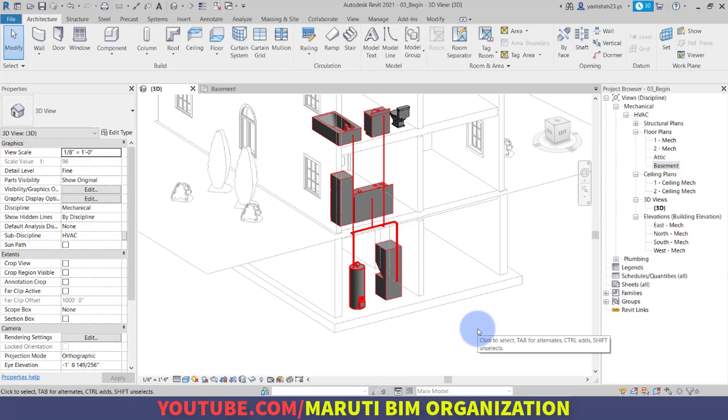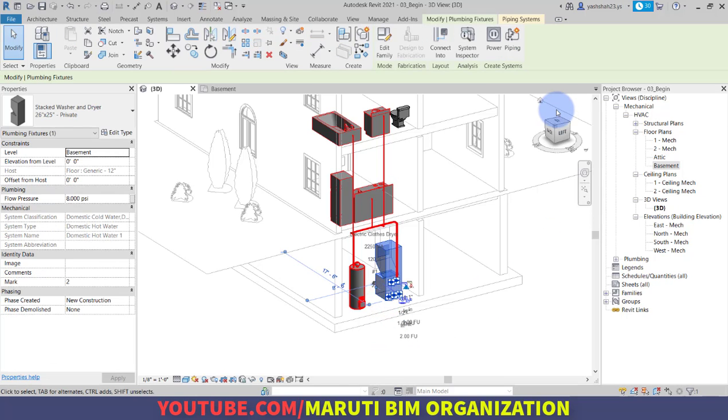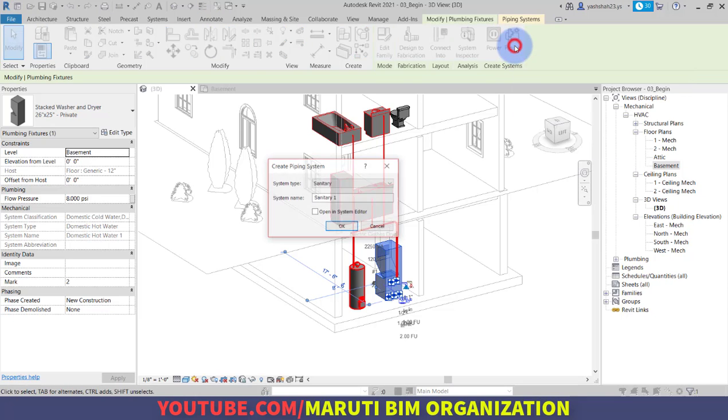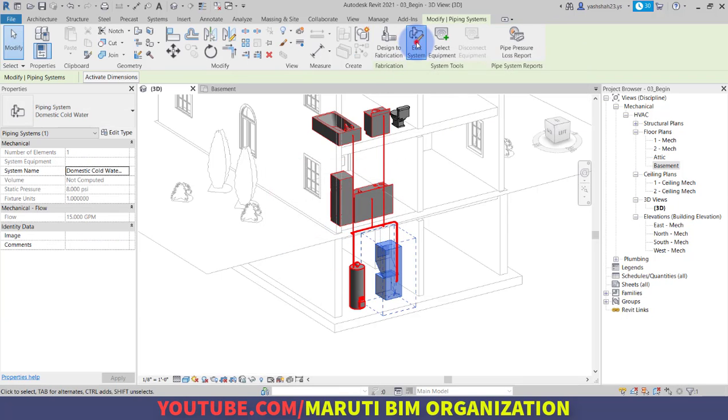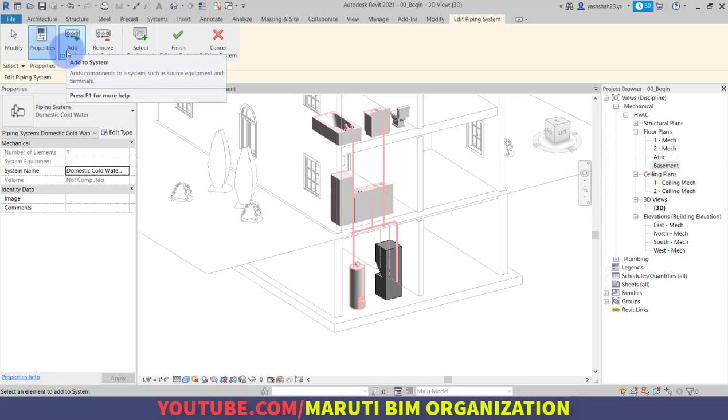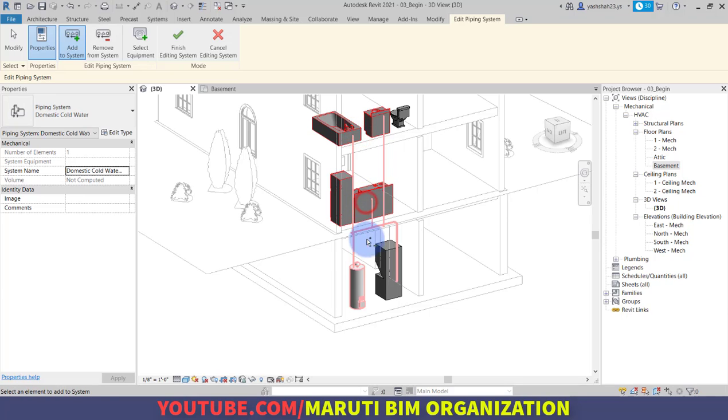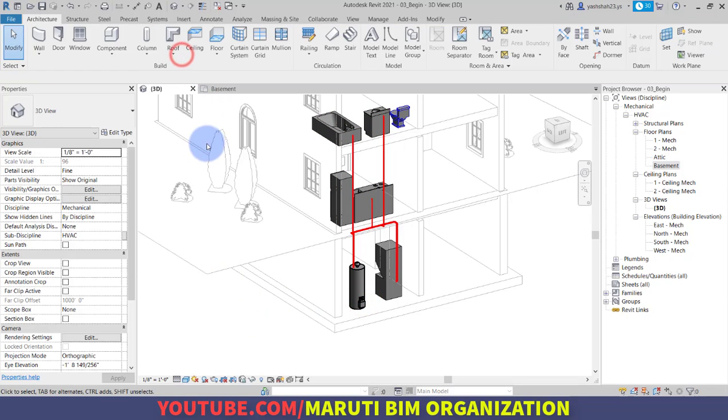After creating the hot water system, we will create the cold water system, repeating the same process. Select the washer and dryer, click on piping, and here there is the option of cold water system. Simply click OK and click on edit system. Add to system is automatically selected, and we will select all these fixtures, click on select equipment, select the water heater, and finish equipment.